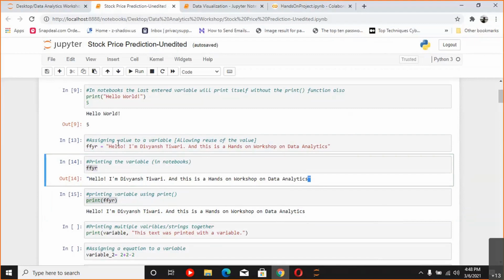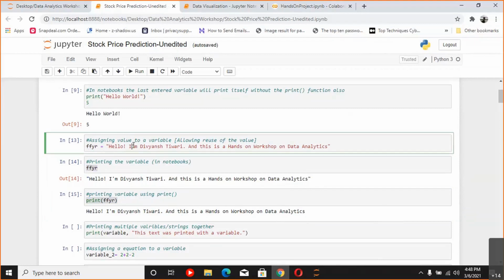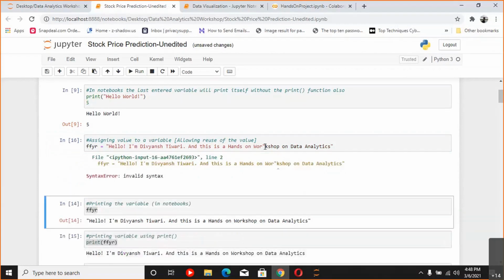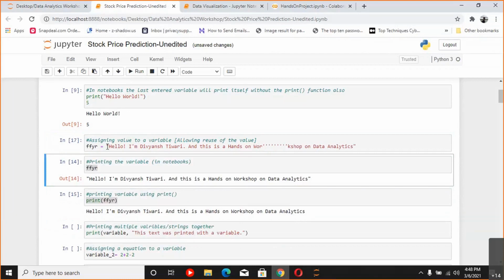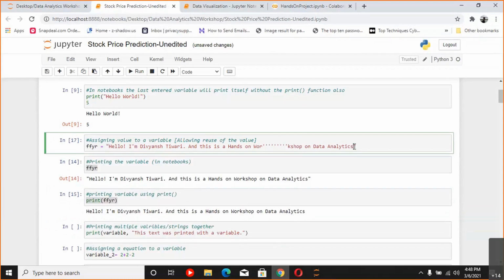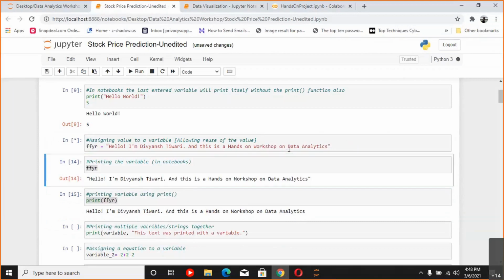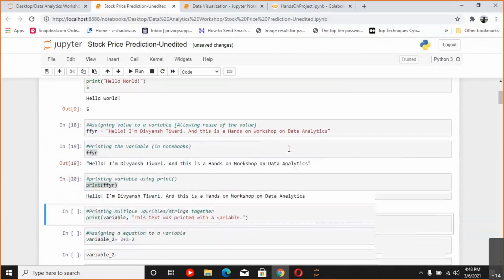Also, a unique feature of Python, which is in very few languages, is that you can use single inverted commas inside of double inverted commas and double inverted commas inside of single inverted commas. Now, if I just write a double inverted comma, it won't work, because you can see this is a string now and this part won't be recognized. This is just going to raise an error. But I can put multiple single inverted commas and it won't raise any error, because the string is starting here and the string is ending here, and whatever is in between is just a part of the string. So this is how variables work.